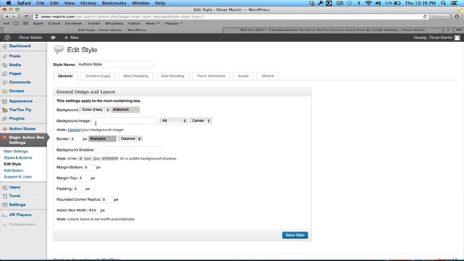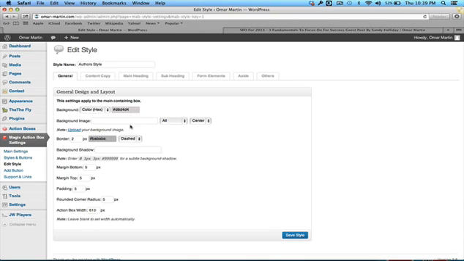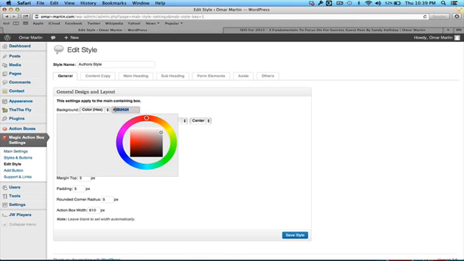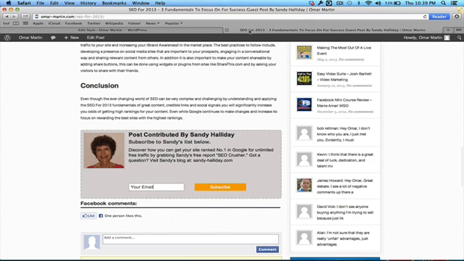So right now, you can see the background color. That's the background color that I chose. I can click here and choose any other background color, and I can quickly turn that to red or black or whatever. I can click the border color. I can click if I want it dashed, if I want it double border, if I want it solid. So I'm going to click double border right now, and I'm just going to click Save Style. And then I'm going to come back over here, and I'm going to refresh this to see if it made that change to that